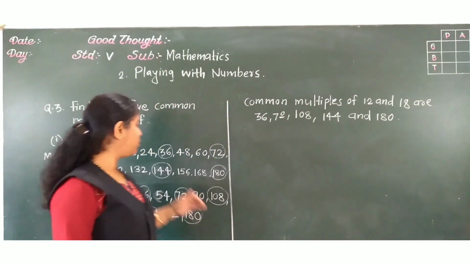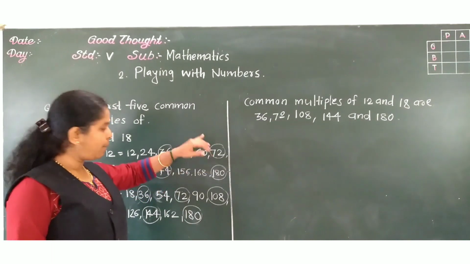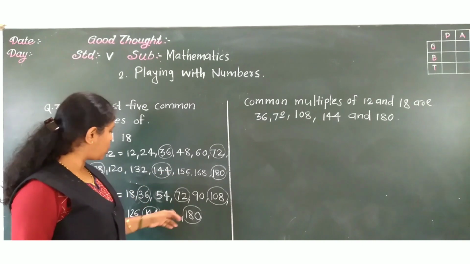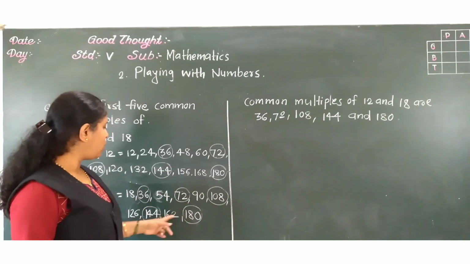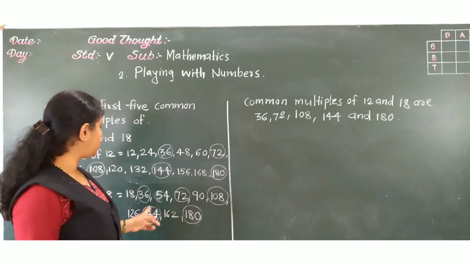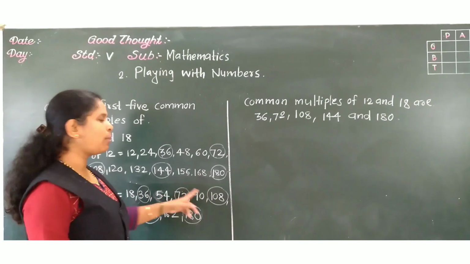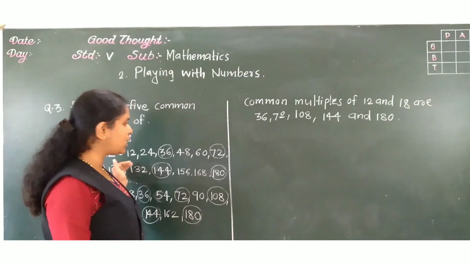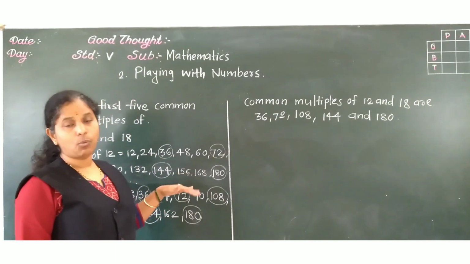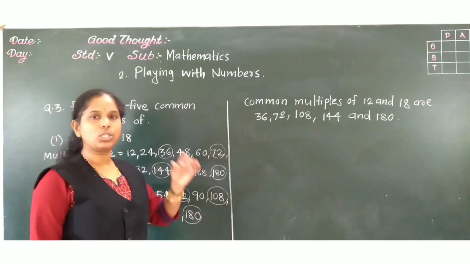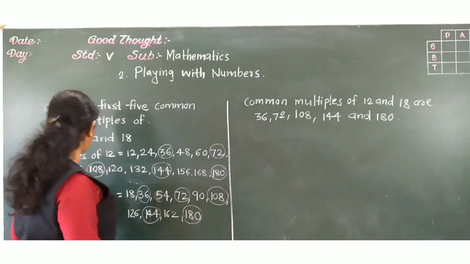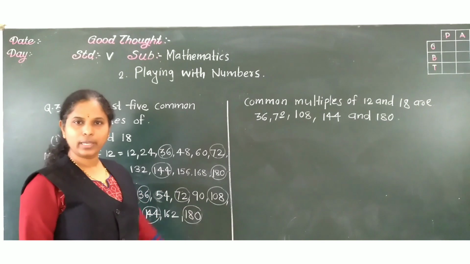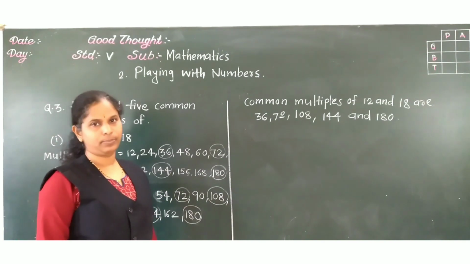See what we did? I have written the table, but I have extended the table of 12, because if we see only up till here, we would have gained only 3 numbers. But we want 5 common multiples. So I just increased the 12 table. Why 12 only I increased? Because 12 is smaller than this 18. So I increased 12 table. Okay. Now next we will see.